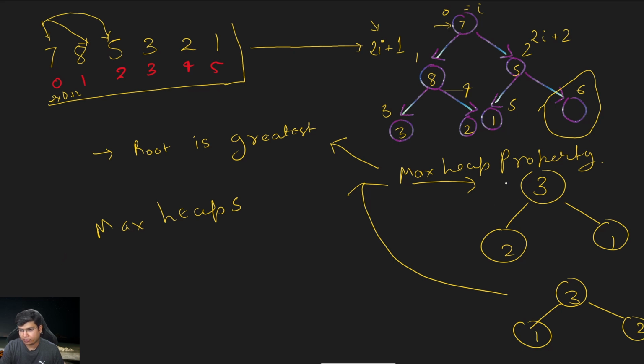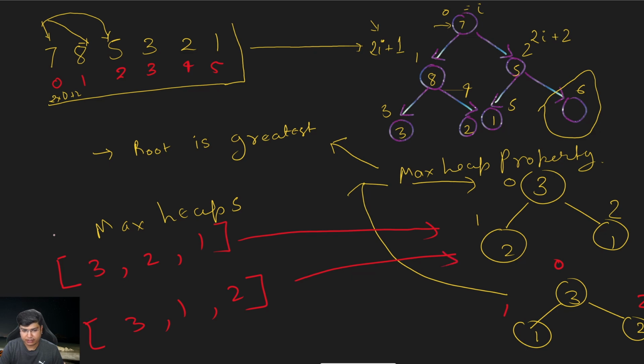If I write down the index numbers over here, 0, 1, and 2, then if I write these in the form of an array, my array will be 3, 2, 1 for the first one, and for the second one 3, 1, 2. In both cases, I will be able to access the largest number at the first position, the 0th index,